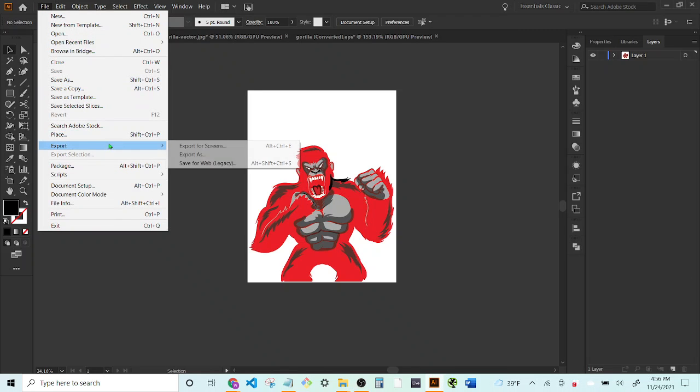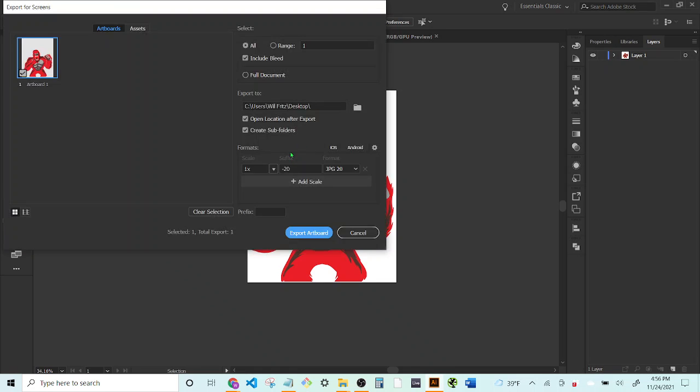And so you can also export for screens, and you can choose a PNG or a PNG 8. Now the PNG is going to be the full color palette, where the PNG 8 is going to be a palette variant, which only supports 256 colors. It's much smaller in size. So the PNG is going to have your whole color wheel, but the PNG 8 will only support a number of colors, but it'll be smaller in size, so you can use that to upload it